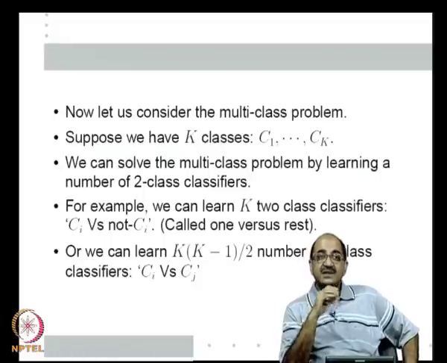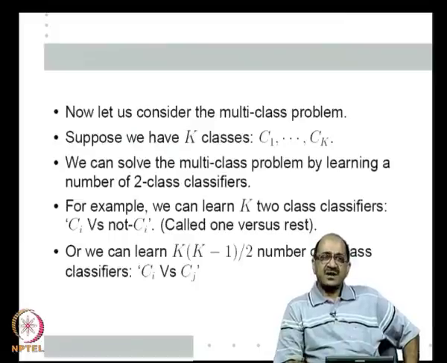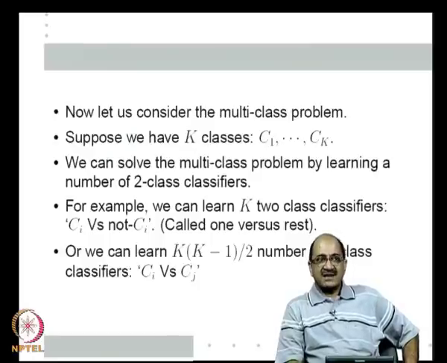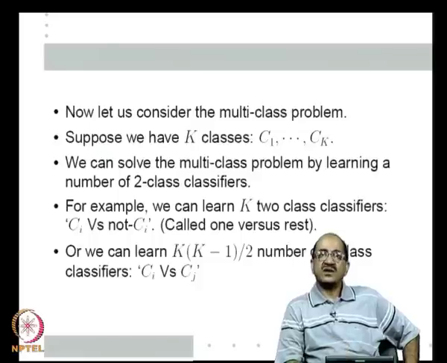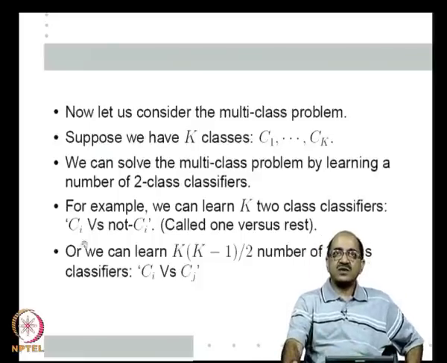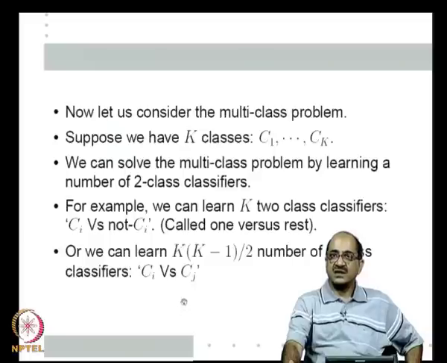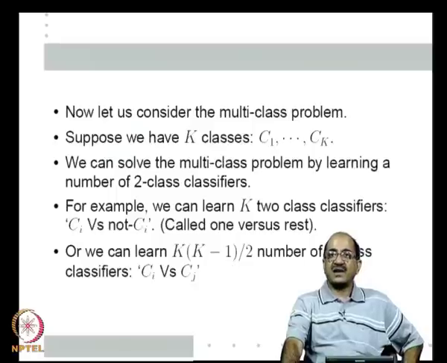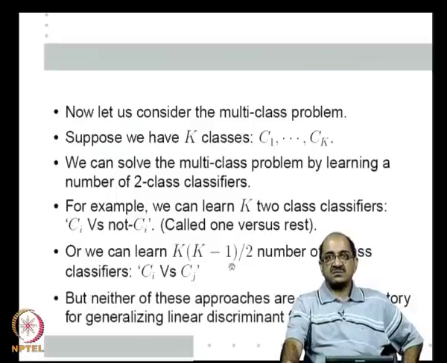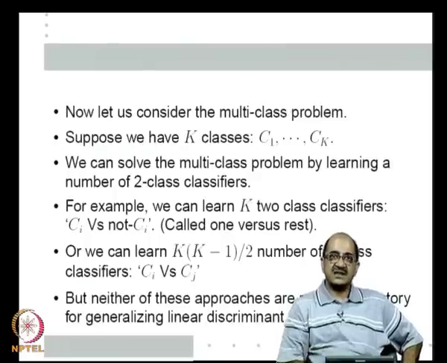What do you mean by a classifier? It is a black box to which if I give an x, there is no doubt in the classifier's mind as to what class x should be going to, because it is an algorithm. Whether it is right or wrong is a different issue, but for something to be called a classifier, at least structurally, given an x, it should be assigned to one unique class. But if I learn this many 2 class classifiers together, they do not really define a proper classifier in this sense. That is what we will see next: neither of these approaches is really satisfactory for generalizing the linear discriminant function to multiple classes.